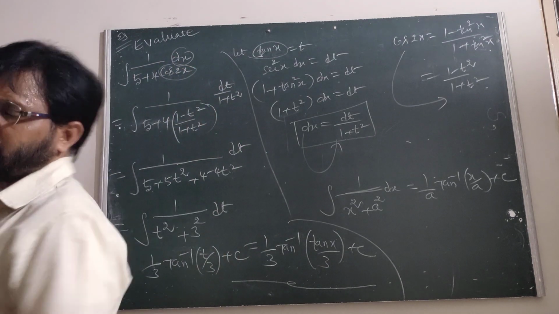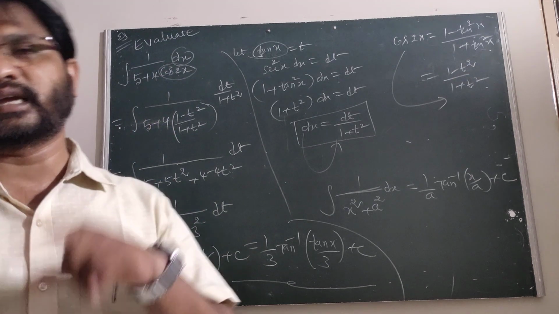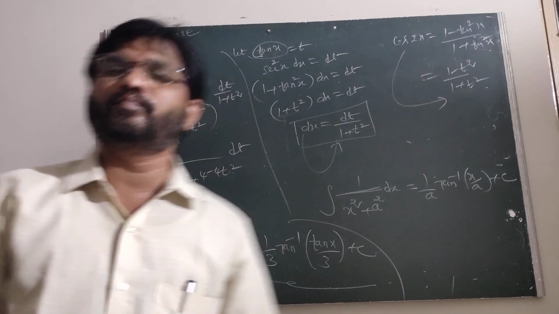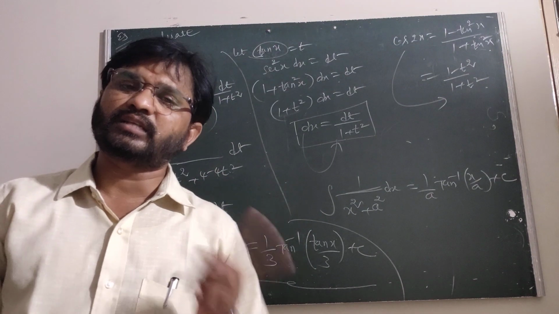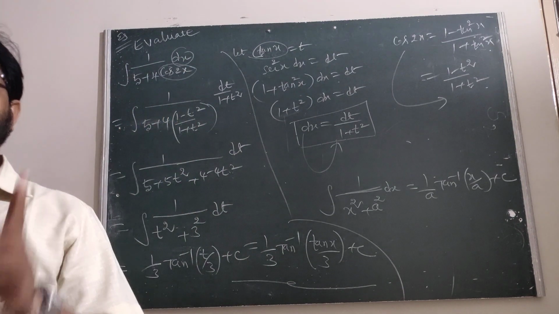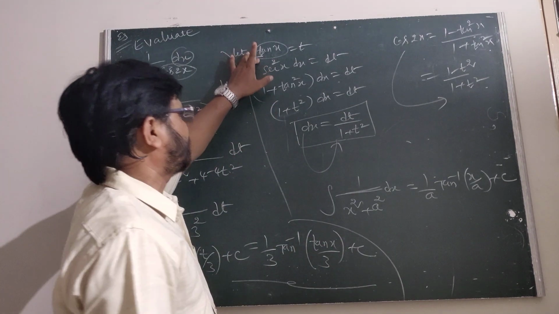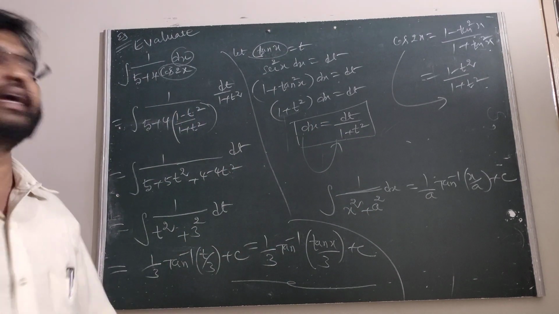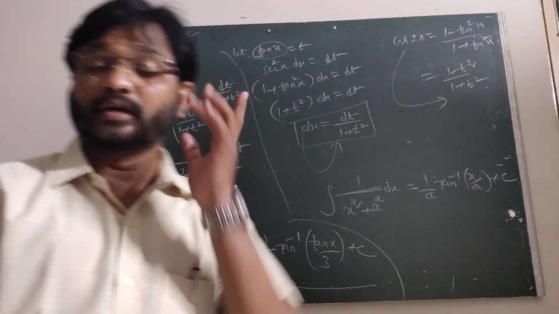When cos x or cos 2x, or sin x or sin 2x is there, in both cases for cos x or cos 2x we can simply write 1 minus t square by 1 plus t square, and for sin x or sin 2x you can simply write 2t by 1 plus t square. In that case, we take t as tan x by 2. In this case, t is only tan x, but dx is dt by 1 plus t square. In that case, dx is 2 dt by 1 plus t square. That is the simple comparison.